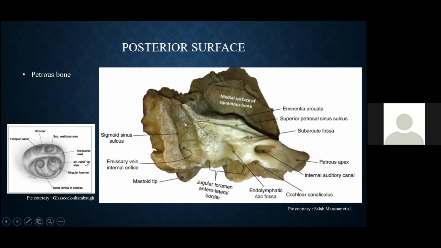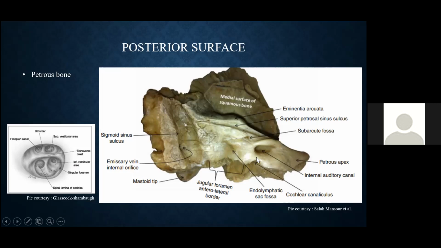If we see the cross section, divided by the transverse crest and Bill's bar, we know that anterior superiorly the facial nerve crosses, anterior inferiorly the cochlear nerve, posterior superiorly the superior vestibular nerve, and the inferior vestibular nerve posterior inferiorly. Along with them, the vascular supply is also transmitted. Any surgery in the internal auditory canal, especially the vestibular schwannoma surgery, has a risk of injuring the surrounding structures, that is the endolymphatic sac area and the jugular bulb area, which is just near to it. Approximately, it is 1 centimeter ahead of the endolymphatic sac fossa, and it is around 0.5 centimeter superior to the